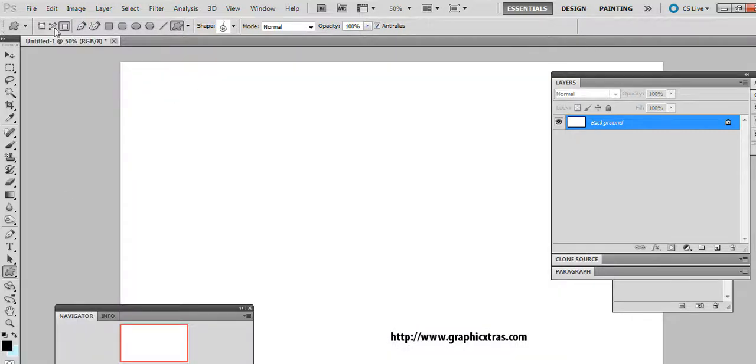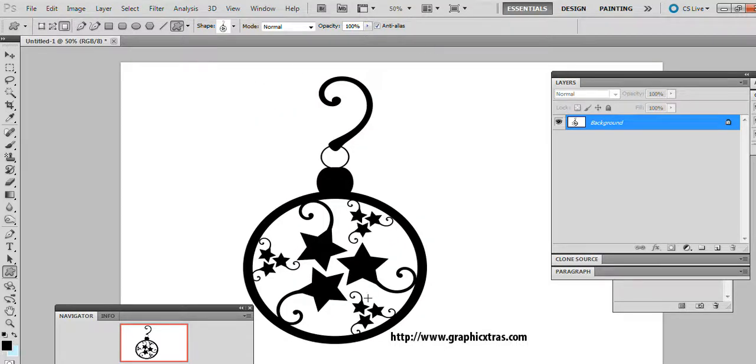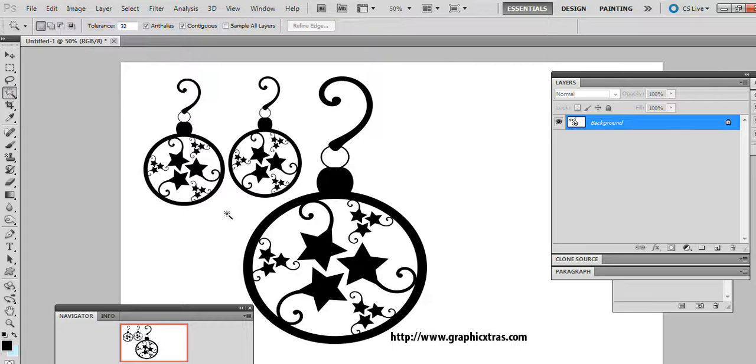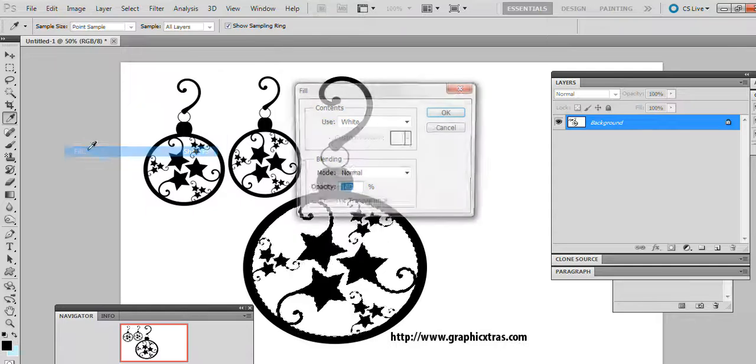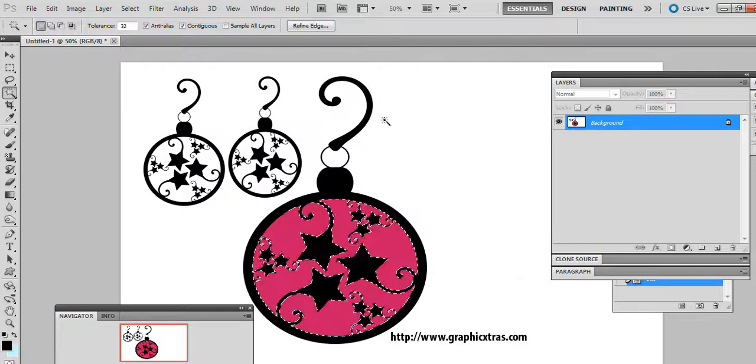Now I'm using it just as a fill, so I'm just going to quickly apply that. It uses the current colour in the Photoshop toolbox, so it just applies that. Now of course you can apply it once, or you can apply it multiple times. Now if you wish to fill the actual design, you can use the magic wand tool and just select that design. So I'm just going to go to Fill, maybe set a colour, red or something Christmassy, click OK, and now that's